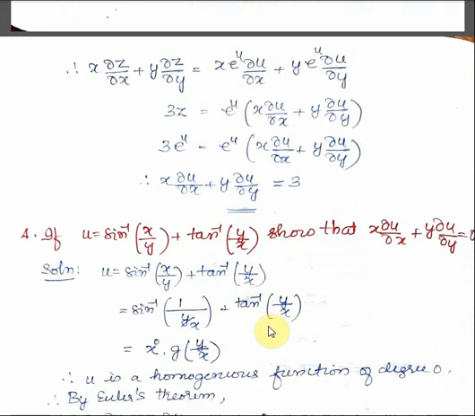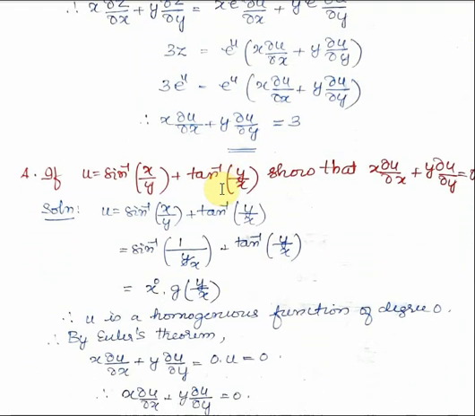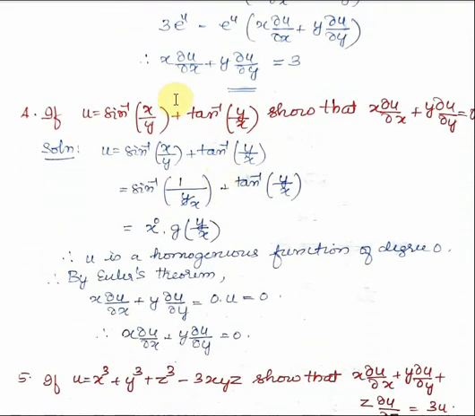This looks like Euler's theorem, but the function is not homogeneous, so we should convert it to a homogeneous function and then obtain this relation. Similarly, I think the fourth one is proved. Fourth one, there is a slight